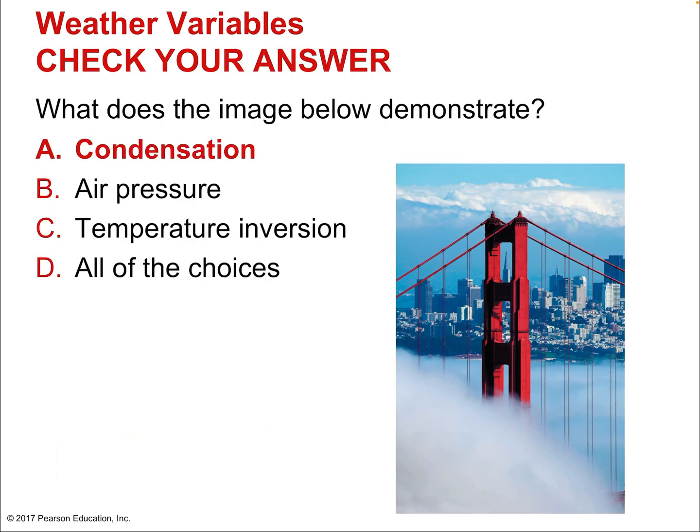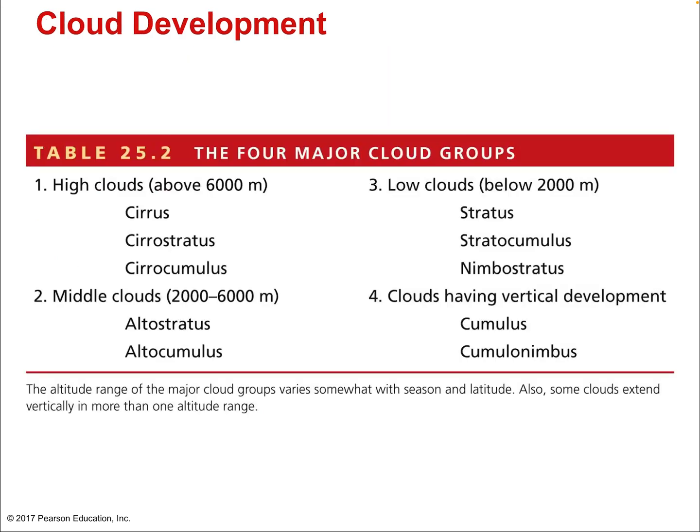Actually, just condensation. Cool air, cold enough near the surface for fog to form. So let's then review cloud development. We've mentioned some different types of clouds created by stable or unstable air. So we can have high clouds, okay? What's nice about this is we're just associating them with elevation here,